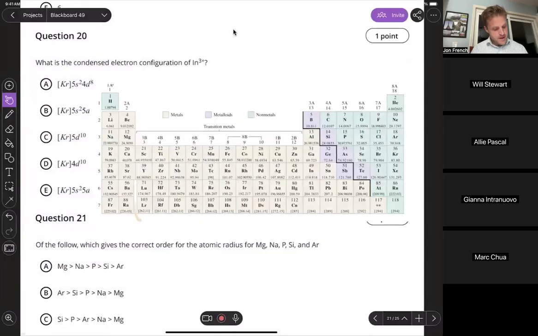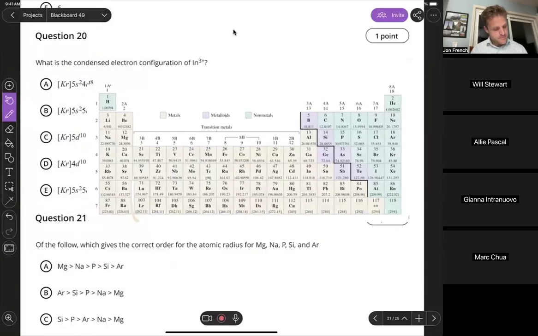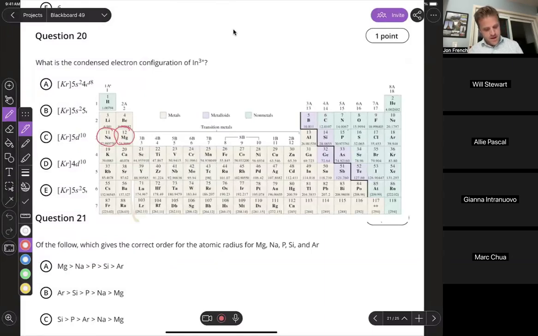So I've got magnesium, sodium, phosphorus, silicon, and argon. So we know, in general, as we go across the period, atomic radius decreases because of